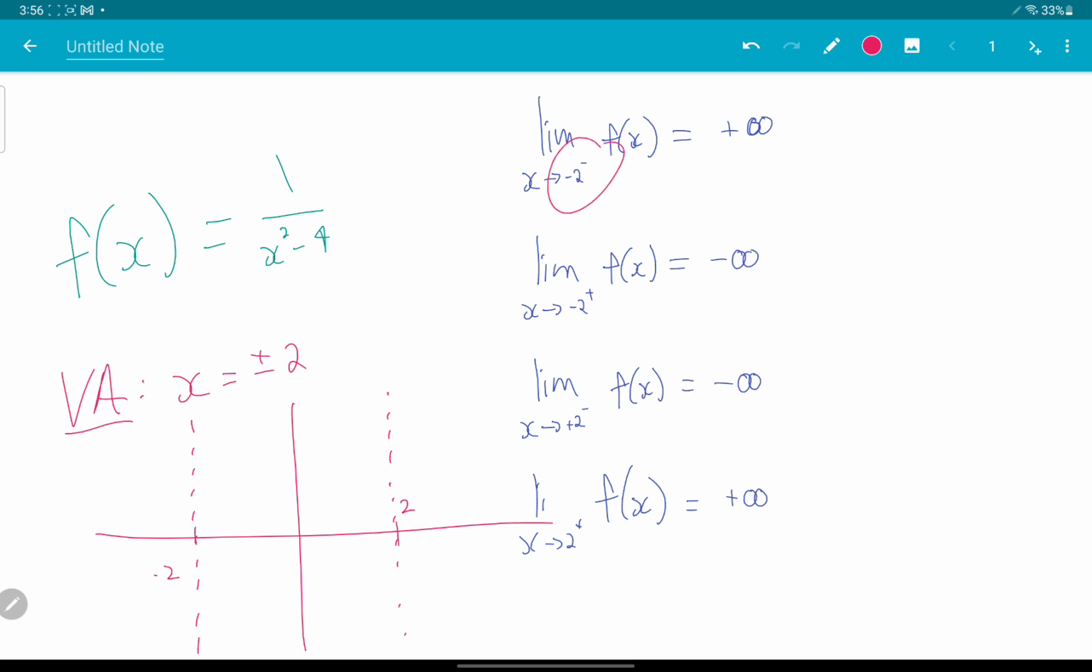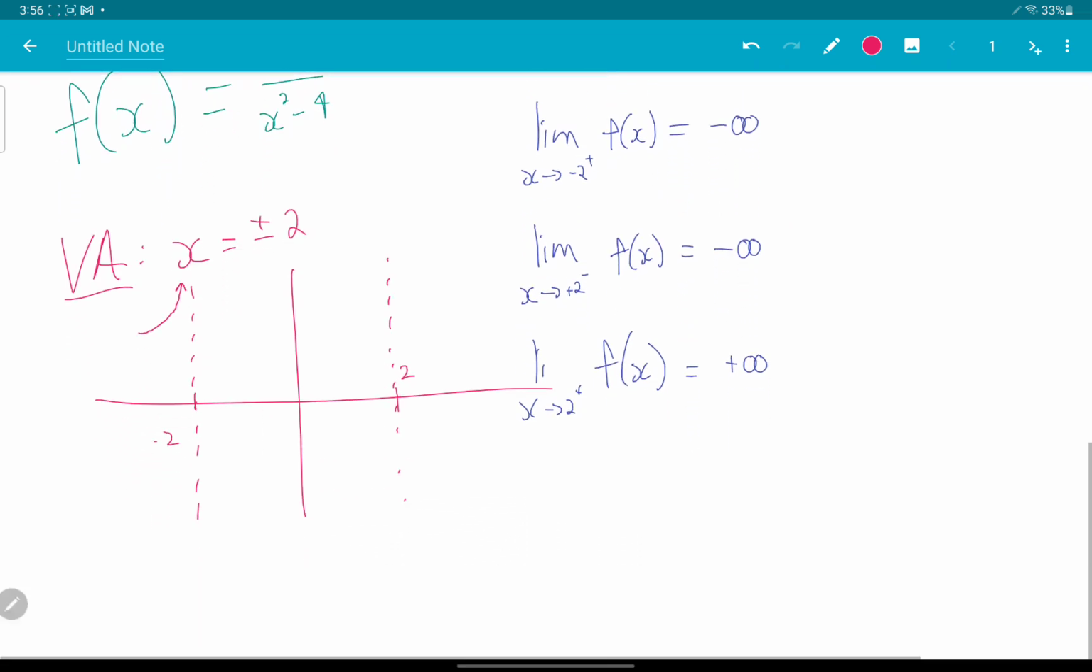Okay, when I approach negative 2 from the left, I go up to plus infinity, so it's doing something like this, maybe. And when I approach negative 2 from the right, I have minus infinity, so maybe it's doing something like this. Or it could be like this, I don't really know, but I just know that it's going down like that. Approaching 2 from the left, I'm going down to minus infinity again, so it's like